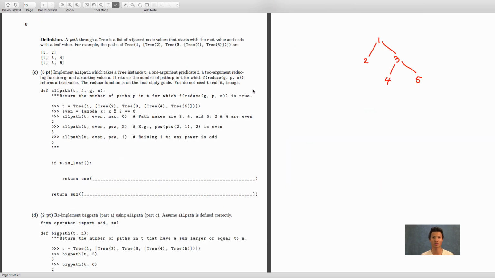In our path, this is a more generalized version of big path. Right now, we're going to have a number of paths such that this f of reduce g, p, and s is true. So reduce, what it actually does is that given some function, some iterable, and some starting value, it's